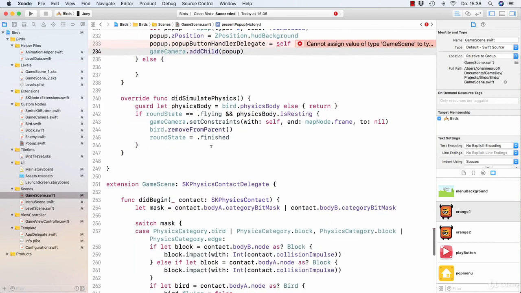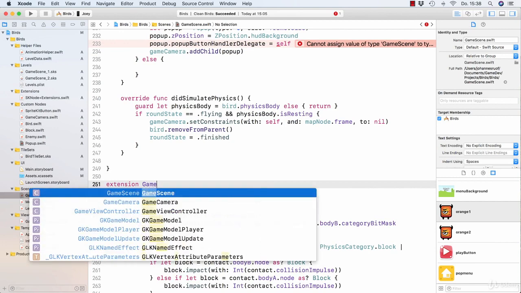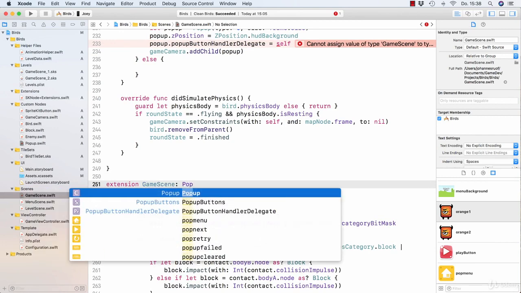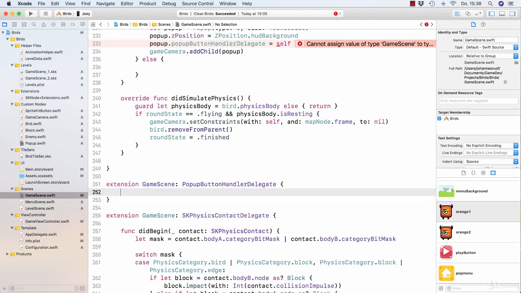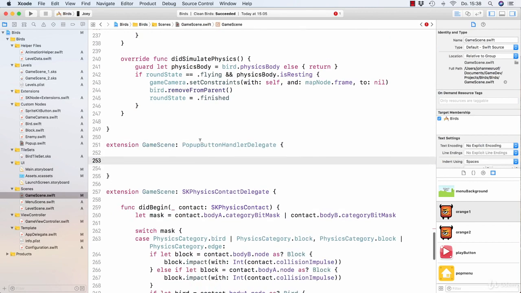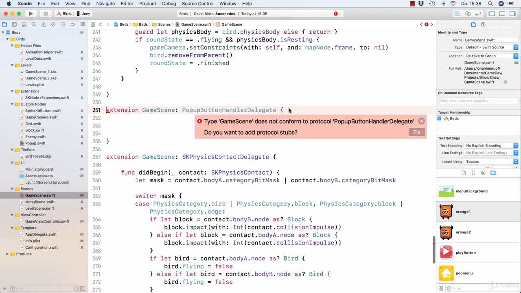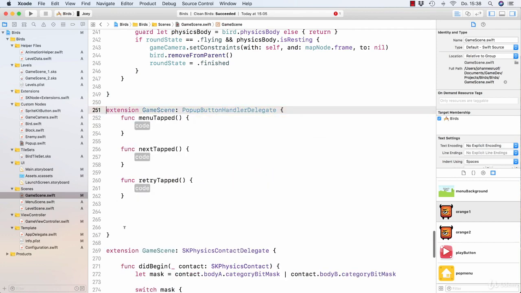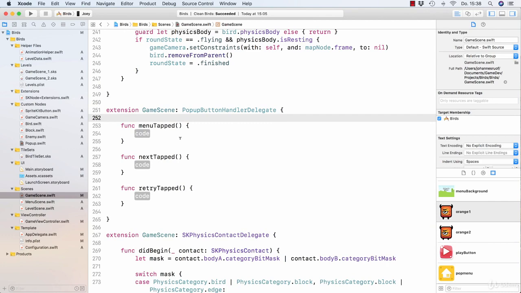I will add this protocol conformance in another extension below, right below the class, which will be extension GameScene, and then after a colon, we adopt the pop-up button handler delegate protocol. I then have to implement the 3 required methods, of course, which I can quickly do by selecting this proposed fix to add the protocol stubs, and I now only have to add the code that my method should execute